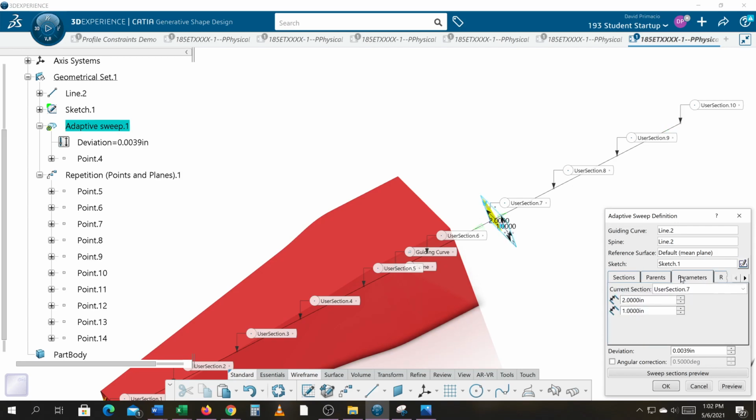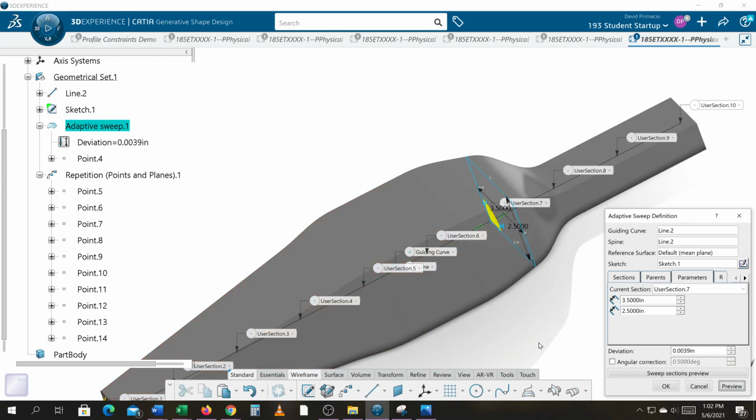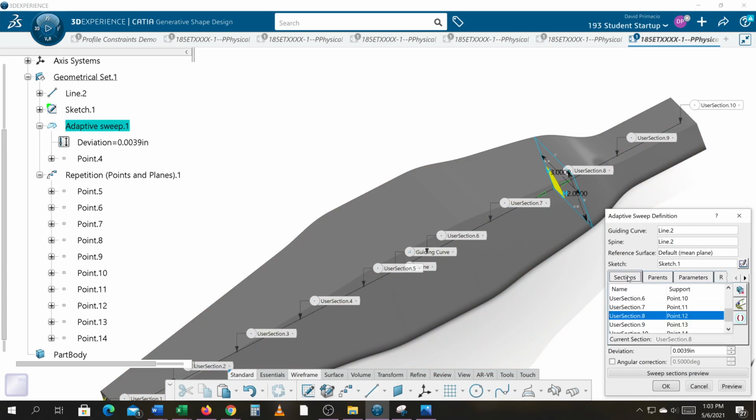So I'll go to 7, parameter, change that to 3.5, 2.5, and notice what the shape looks like now. And let's go to section 8, change that one to 3 and 2, preview that, and let's go to section 9, go to parameters, change that to 1.5